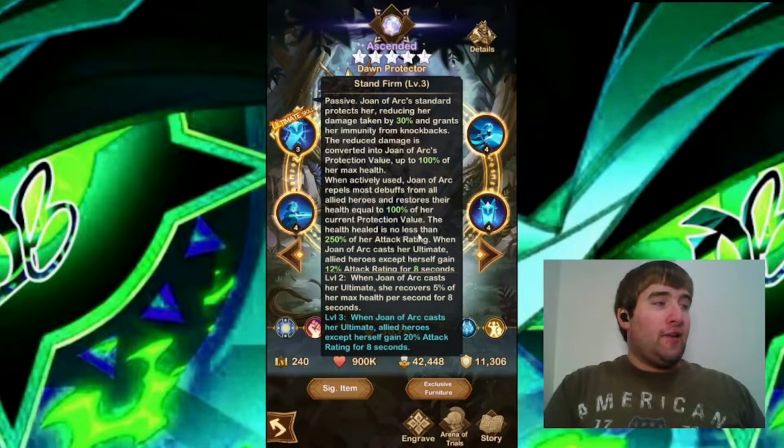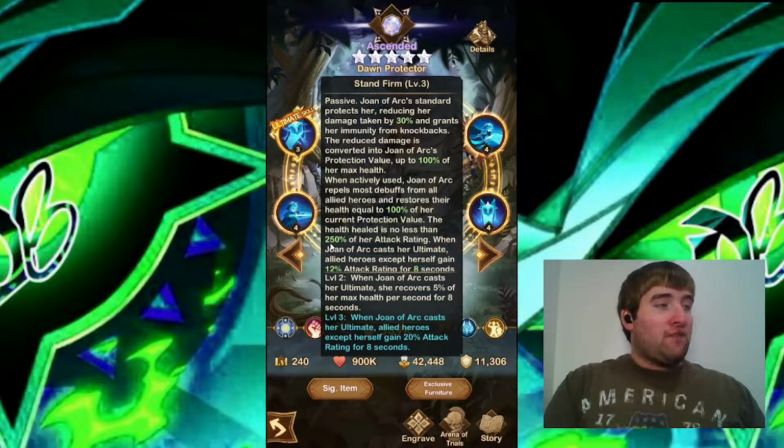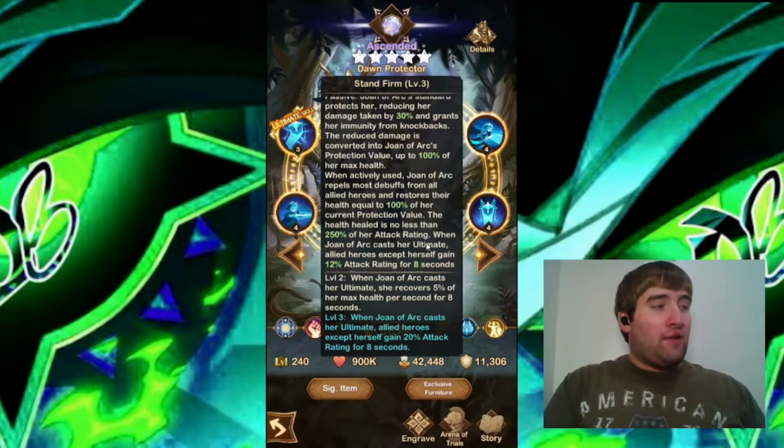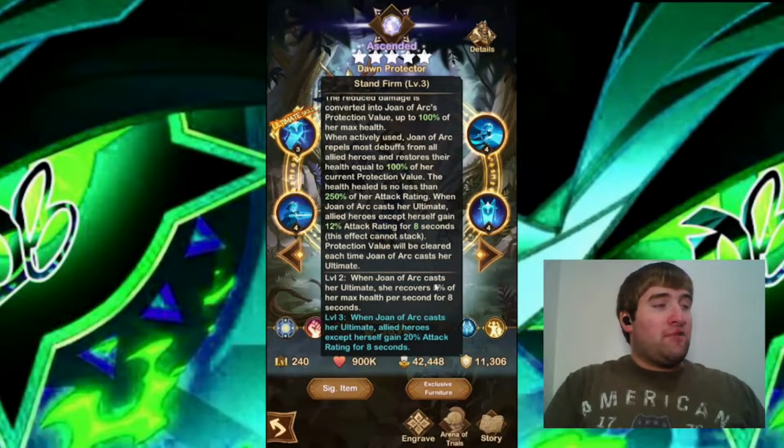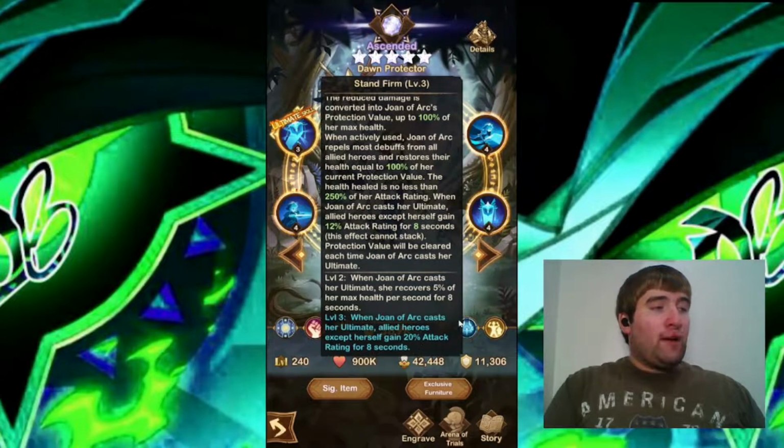The health healed is no less than 250% of her attack rating. When Joan of Arc casts her ultimate, allied heroes except herself gain 12% attack rating for 8 seconds. This effect cannot stack. Protection value will be cleared each time Joan of Arc casts her ultimate. So level 2, when Joan of Arc casts her ultimate, she recovers 5% of her max health per second for 8 seconds. And level 3, when Joan of Arc casts her ultimate, allied heroes except herself gain 20% attack rating